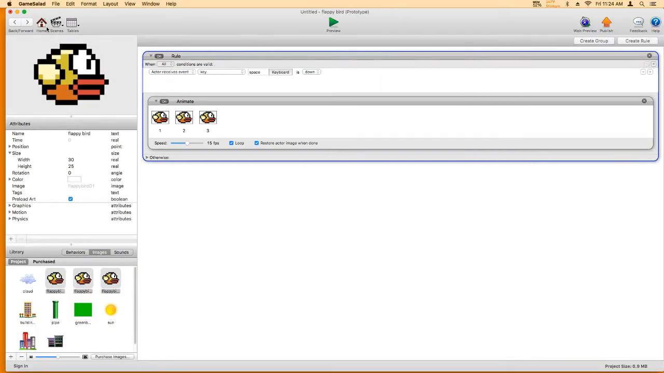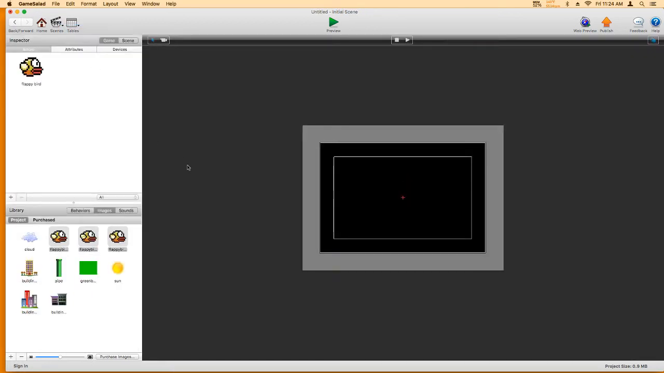Okay, so let's go to our scene. And since we have Flappy Bird over here, we want to drag him over. What a great looking bird. And because we've programmed the animation already, if we preview that,